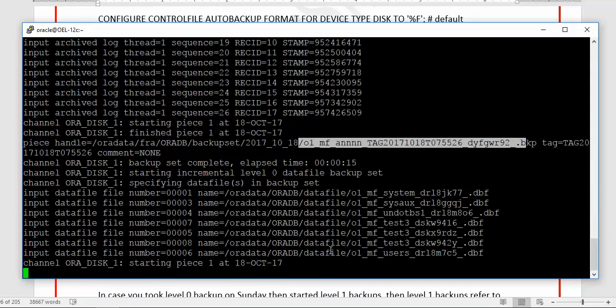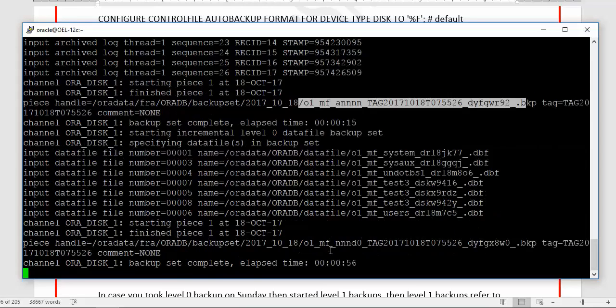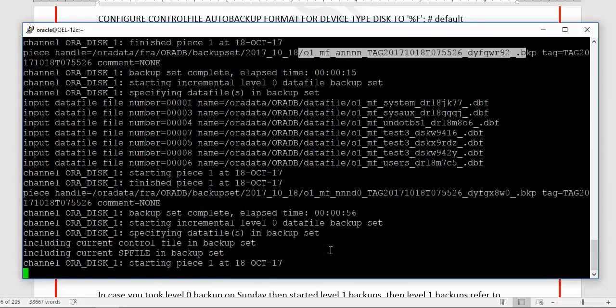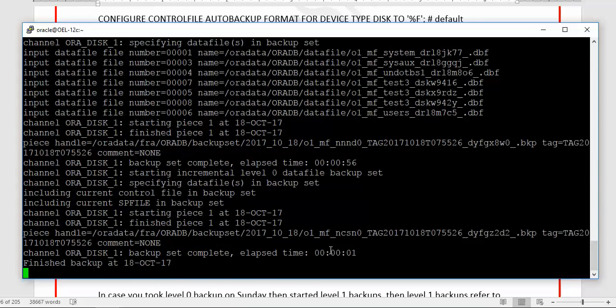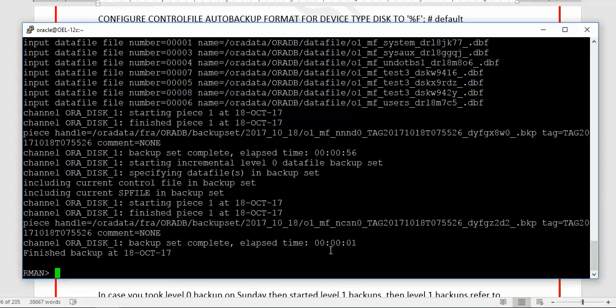And all these backups taken by RMAN as a backup set are in binary format, right? You cannot read any file. But in case you want to read the control file backup in a human readable format, there is an option for you, that is backup control file to trace. But we will come back to it after initiating incremental backup now. So backup as backup set, okay, incremental